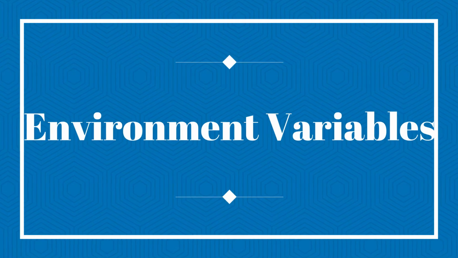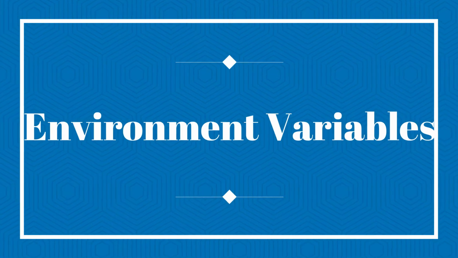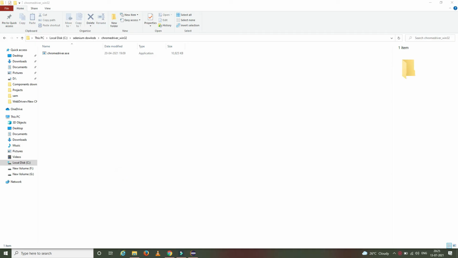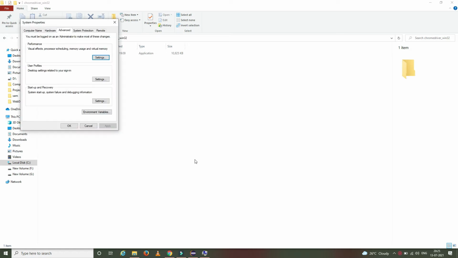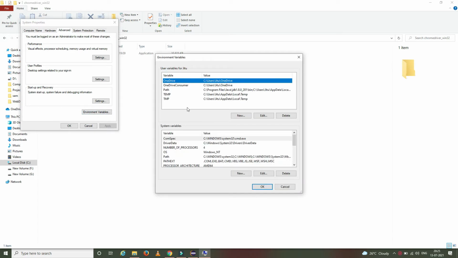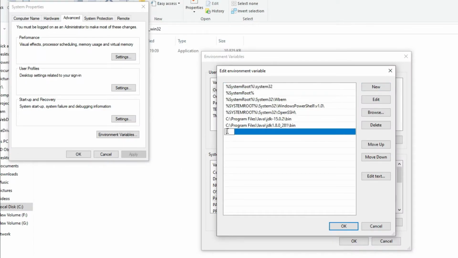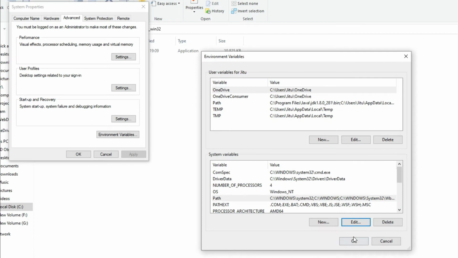Now we'll see how the same purpose, setting the path of the browser driver binaries, can be achieved through environment variables. I will do so by modifying the environment variable. Inside system variables, I will modify the Path property. I will add a new path where I will copy the physical path. I will copy the path from my physical machine where the Chrome driver exists, paste it here and apply the changes.